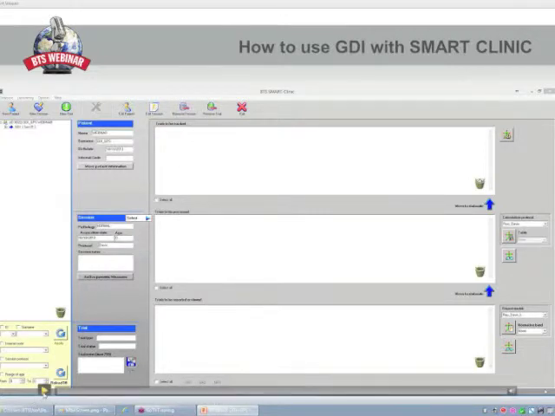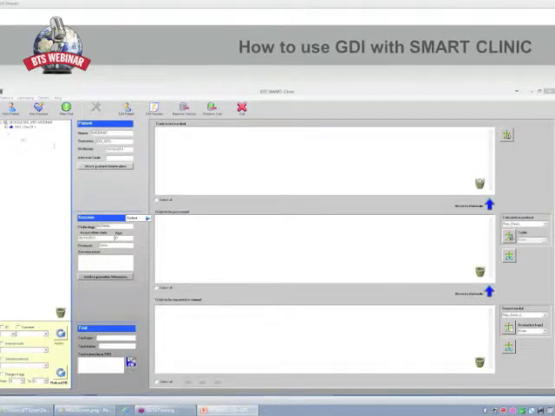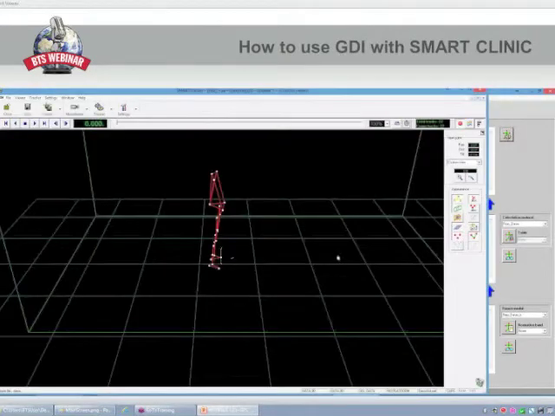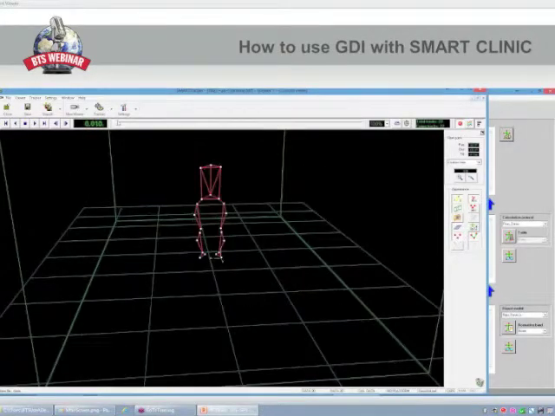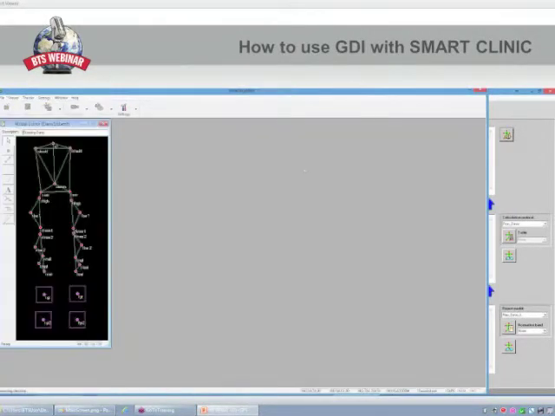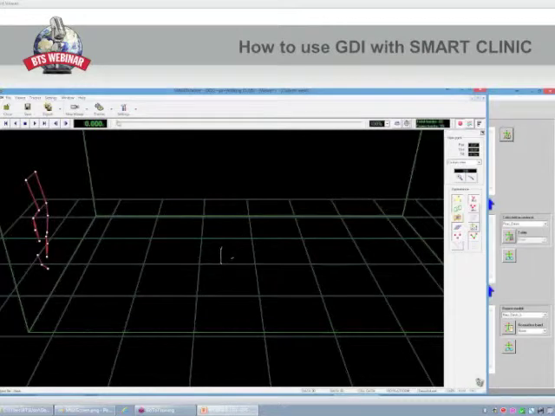So what to do? This is the SMART Clinic database. The first thing to do is to load one standing and one walking trial. The first thing, as always, is to perform the tracking of the data that you have recorded. This is the standing. The auto-labeling will be performed automatically, as you can see. The next trial will be the walking trial. Also in this case, the auto label will be